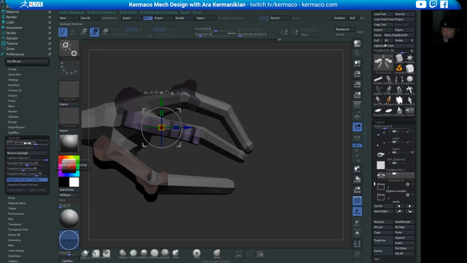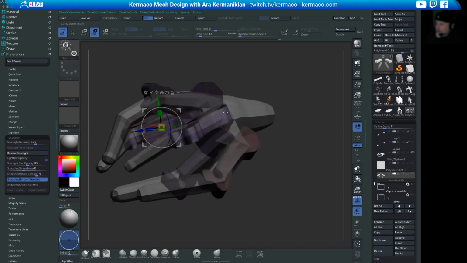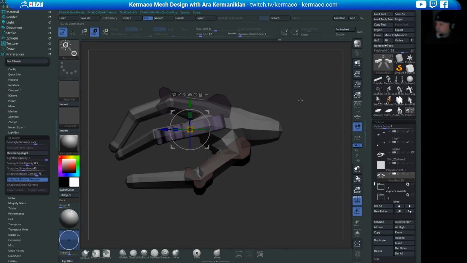And look through here. So intensity, I think there are 2. There's the smoothing and retain corners. These I think have to do with Snapshot 3D. Okay, so it doesn't look like it does. However, I've found a way to do it, and it works really, really well. So here, let's say I want it to be less dense. Okay, so what I will do